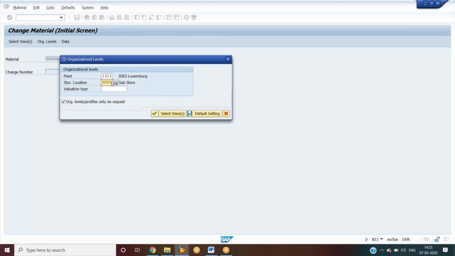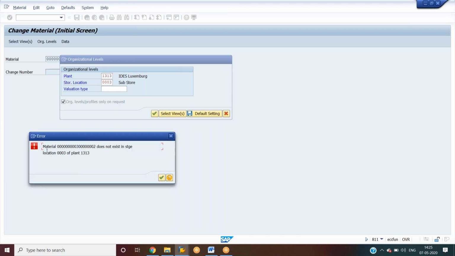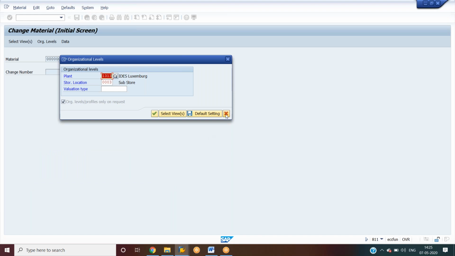Before that we didn't maintain it, we maintained 0001. Now I am just extending the material to the storage location 0003 under plant 1313. Just click on enter. See here we got the message, material does not exist at the storage location 0003 at the plant 1313. So the material is not extended.